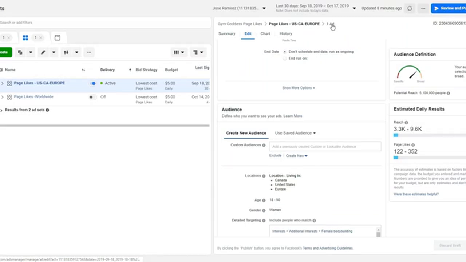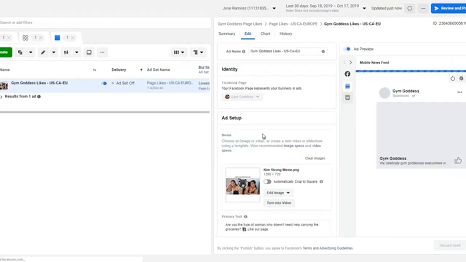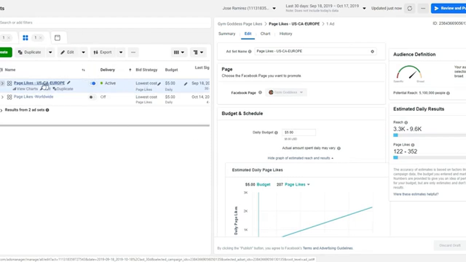So if we click on ad, I'm going to show you that it is the exact same ad. We haven't changed anything. The only thing that we changed is the targeting. So we are getting some likes from people and we're getting some comments, so people really like this ad. So once you find a winning ad that works worldwide, you can replicate it and you can change the targeting of that ad for tier 1 countries to help you get the next 10,000 likes from tier 1 countries.